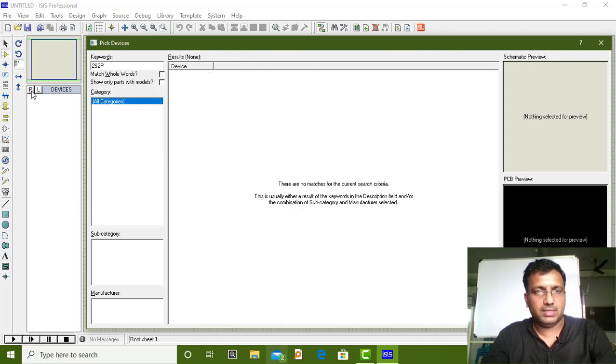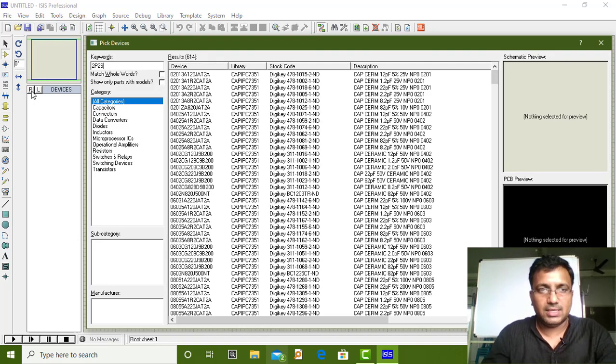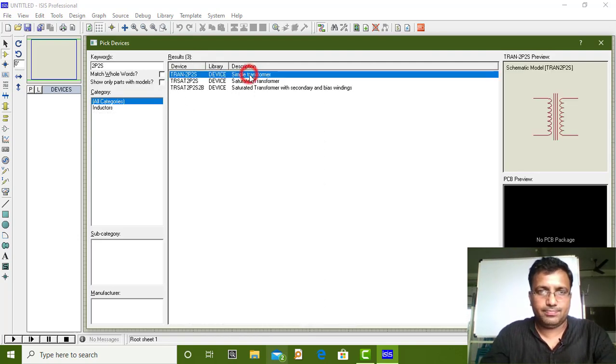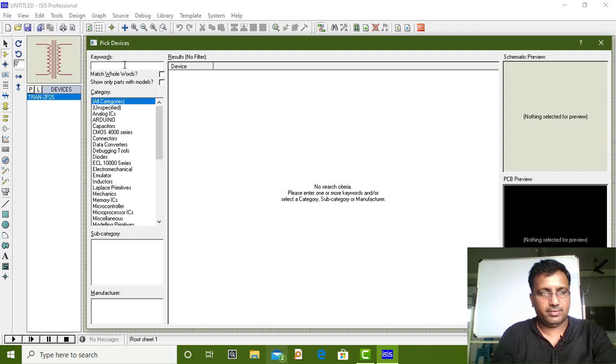You need to remember this, 2P2S. It's a single transformer, or you can type transformer. I need to choose this simple transformer. I'm going to select this simple transformer. Click OK after this.